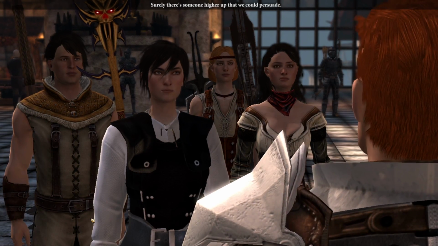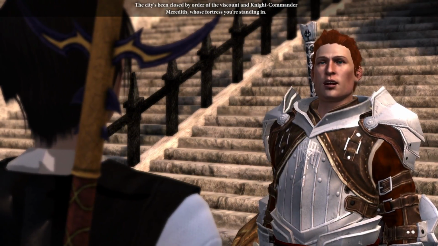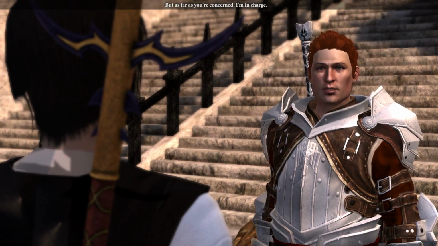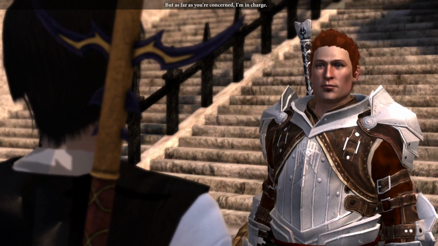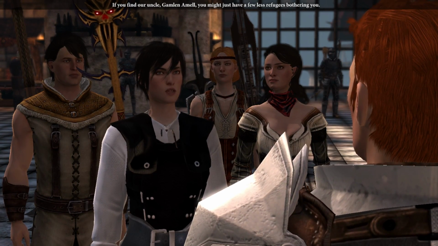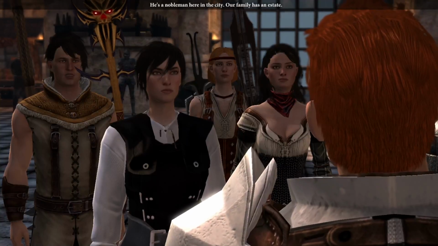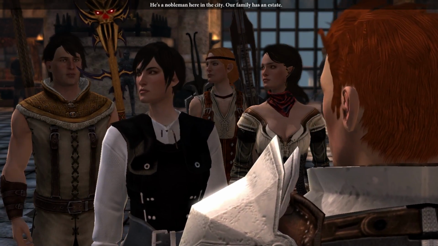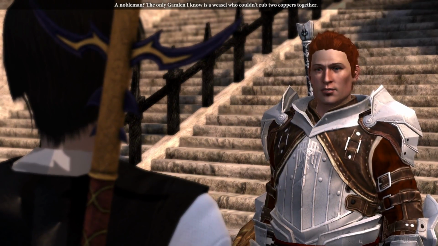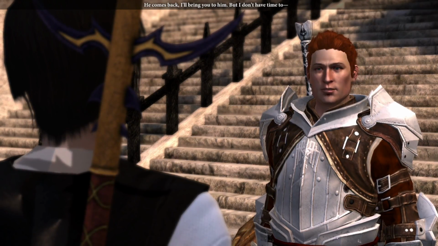Surely there's someone higher up that we could persuade. The city's been closed by order of the Viscount and Knight Commander Meredith, whose fortress you're standing in. But as far as you're concerned, I'm in charge. If you find our uncle, Gamlen Amell, you might just have a few less refugees bothering you. Gamlen? I know that name. He's a nobleman here in the city. Our family has an estate. A nobleman? The only Gamlen I know is a weasel who couldn't rub two coppers together. He comes back, I'll bring you to him. But I don't have time to...